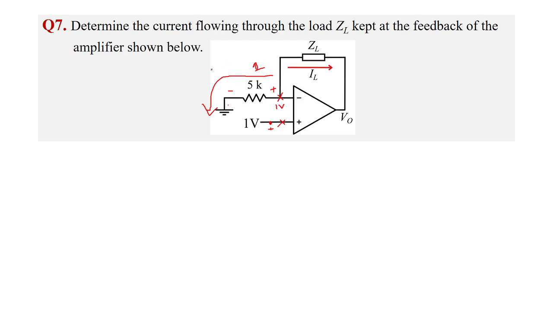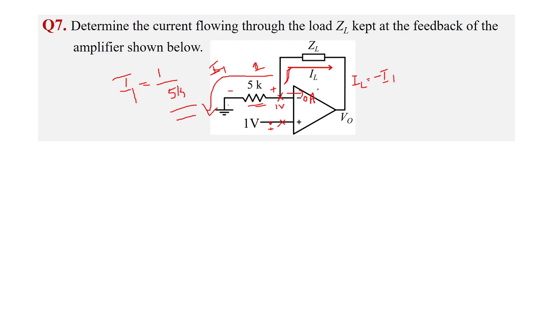This is the current direction, say I1. What is I1? I1 is the current flowing through this 5k resistor. What is the voltage across 5k? It is 1 volt, right? So 1 by 5k is the current flowing through 5k. So this is I1. Now since there is no current flowing into the op-amp, this is 0 ampere, right? So what is the current IL? According to KCL, the sum of currents at this node is equal to 0, right? So this current is opposite to I1. So what is IL? IL equals